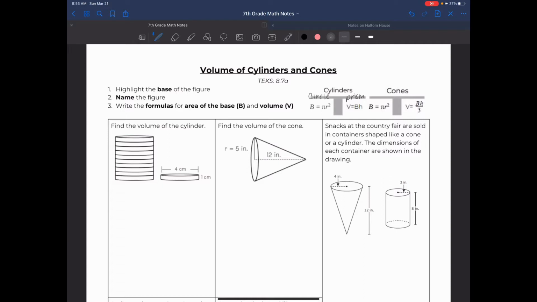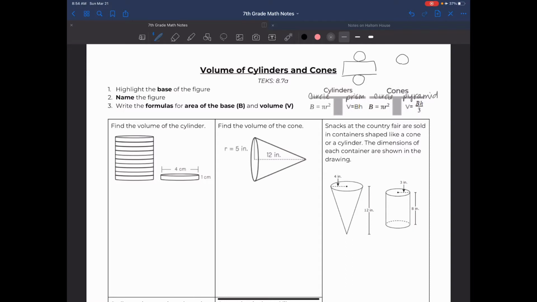Let me draw a picture real quick of the net of a cylinder. So when we deconstruct a cylinder net, it's a rectangular face, which tells us it's a prism, right? Because pyramids have triangular faces. So for the cone, that is a circle pyramid, because again, when we deconstruct it or we draw the net,